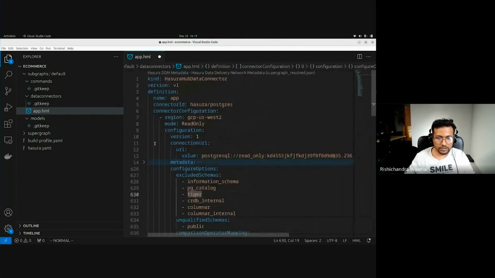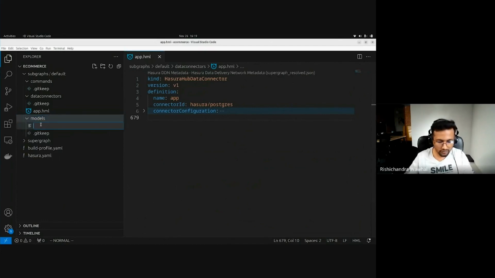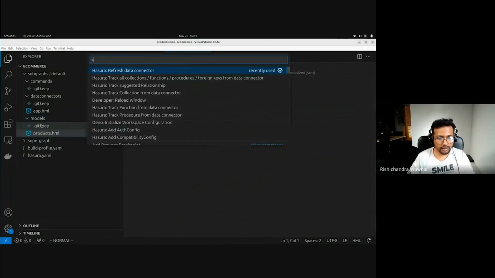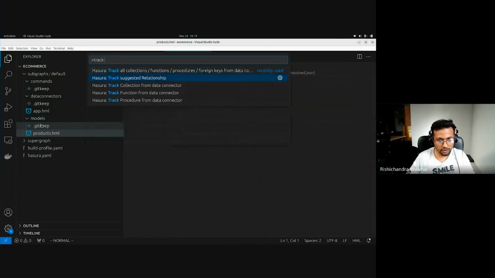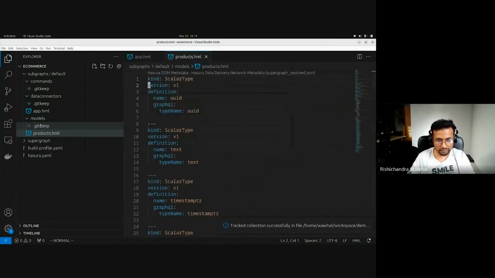So I'll fold this, and now I'll start bringing in tables of this database into my metadata as models, which will be exposed in my GraphQL API, right? So I'll go to the models directory and create a new file called products.hml, right? And here I'll run a command, again, Control-Shift-P or Command-Shift-P, and I'll just say track collection from data connector. You see all the tables in my database are suggested. I'm only going to bring in products, and you see